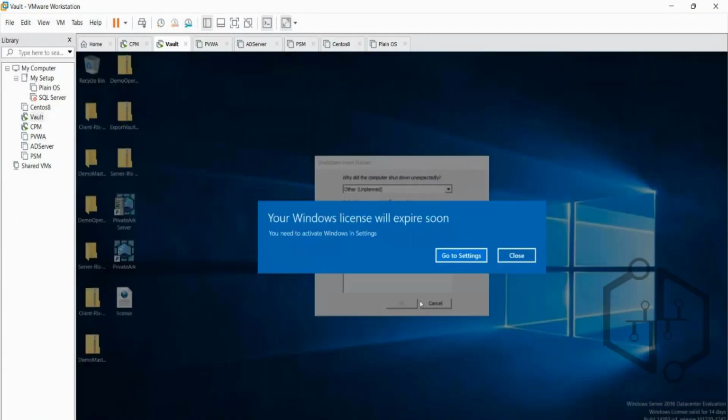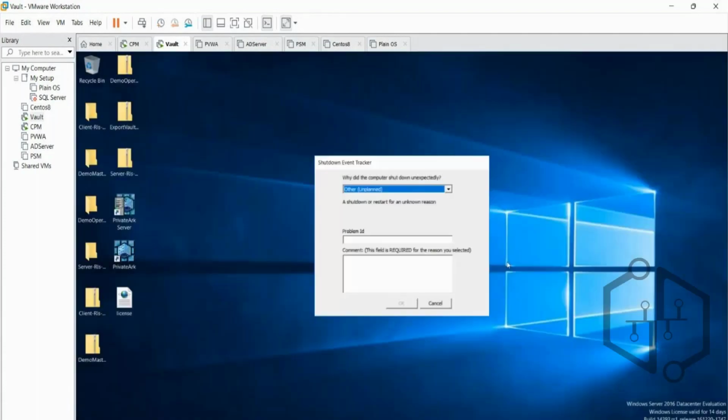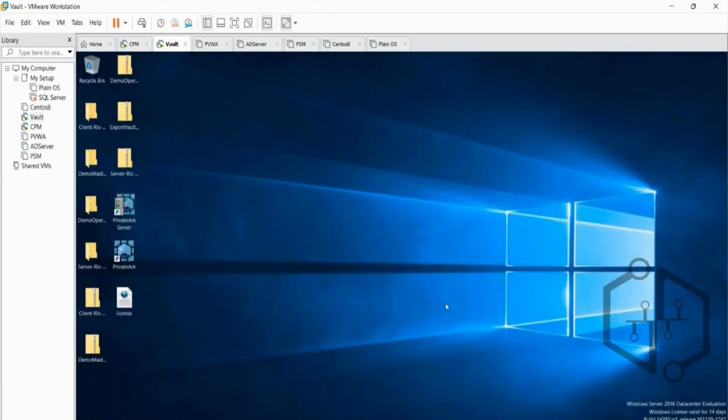So the majority of the components of CyberArk are Windows based only. We will also go ahead with the Unix based components as well, but the Vault is the main component of the CyberArk deployment. The reason being, it is basically the core of everything. So whatever account onboarding takes place, whatever integration takes place, whatever recordings take place, that sits